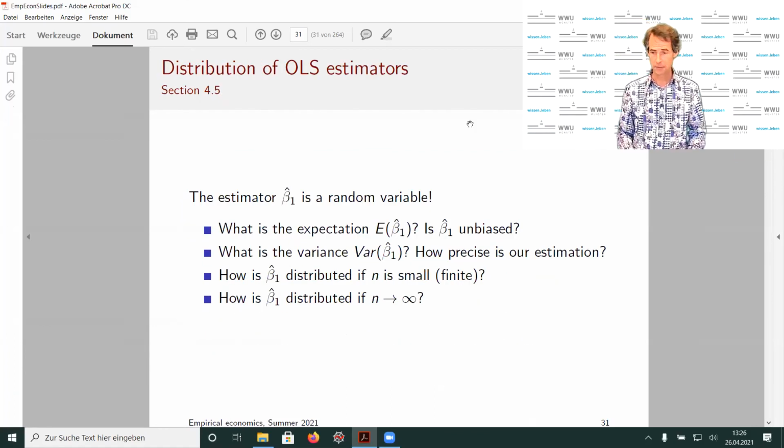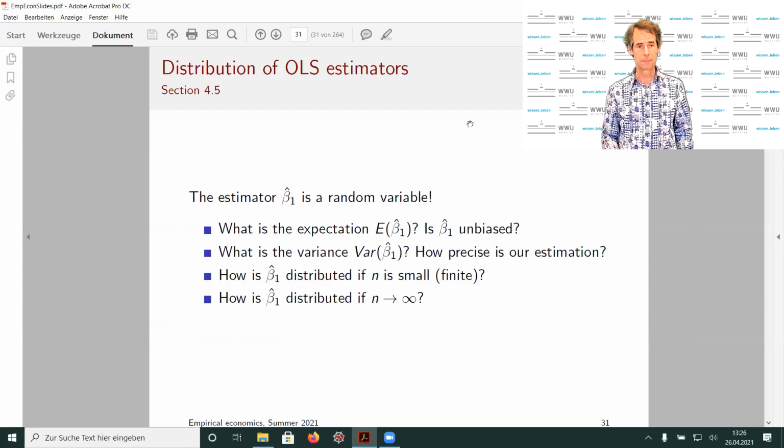All right, so I think that by far the most important take-home message here is that the estimators beta 1 hat and beta 0 hat are random variables. And that's the case because the data we get are randomly sampled. So if you look at the